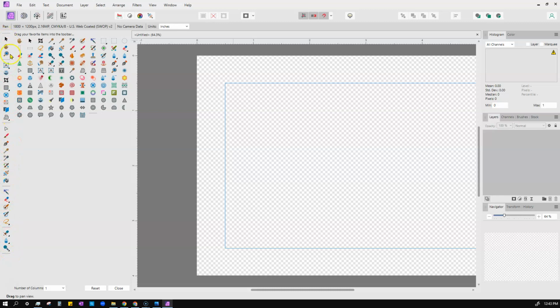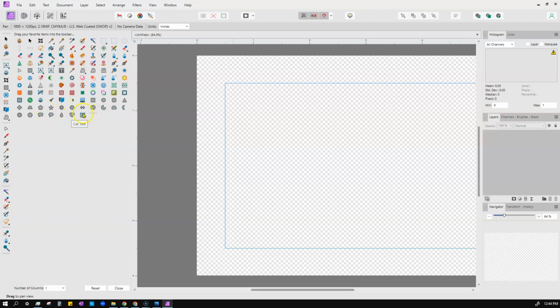I'm not going to take the time to try to customize it. I demoed that in Publisher and then again in Designer, and even made the mistake in Designer of hitting the reset button instead of the close button, and I defaulted the whole thing. So just keep an eye on that. But play around